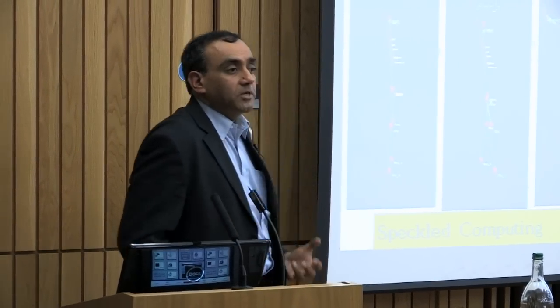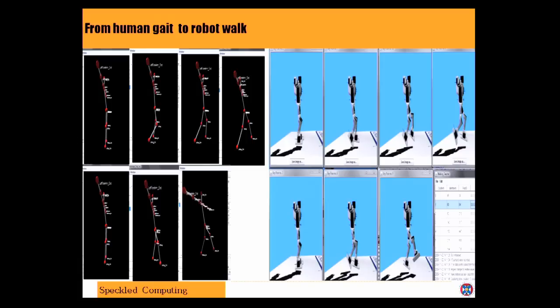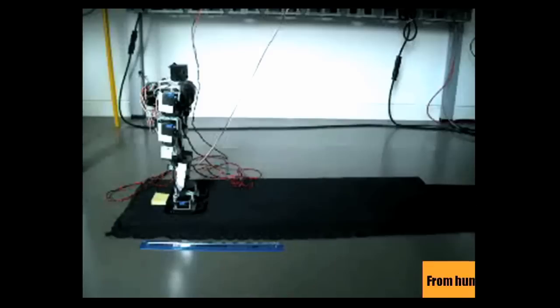And having understood how we can analyze the gait, it seemed like an obvious thing to do. You know, can we go from human gait to robot walk? You know, can we use the data that we capture from the human gait as a means of teaching, in inverted commas, robots how to walk? And the robot walk has always been a challenging problem, and one result of this has been this.